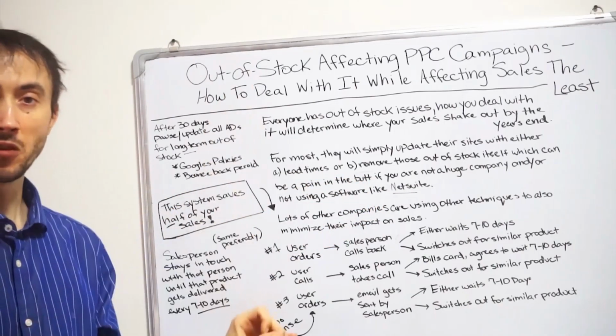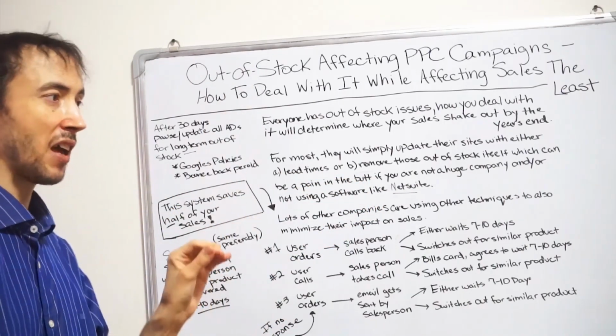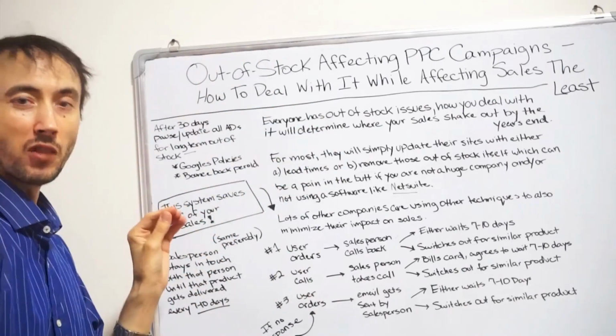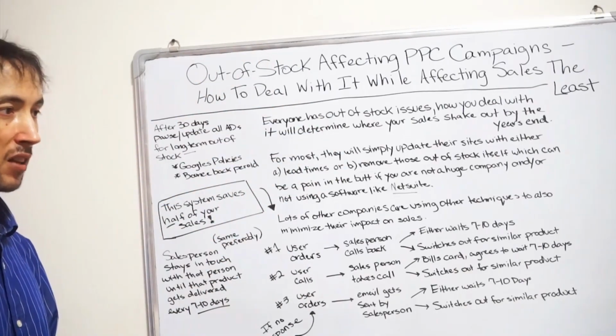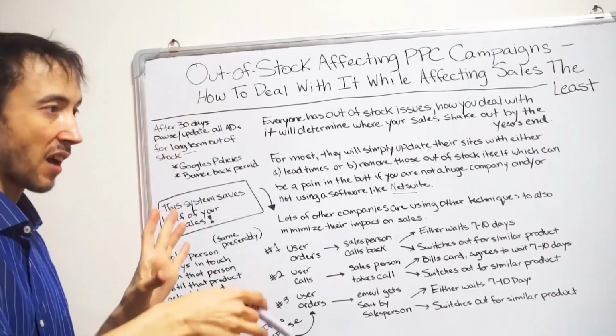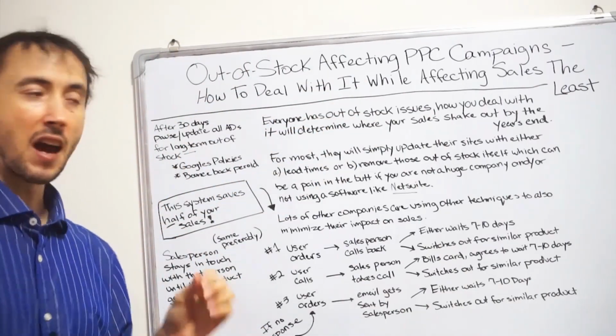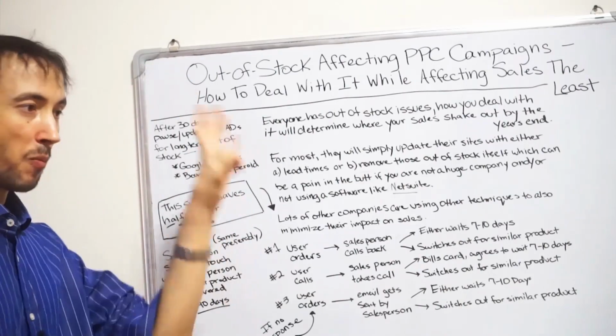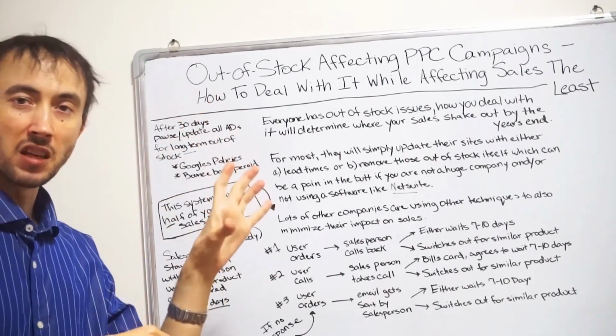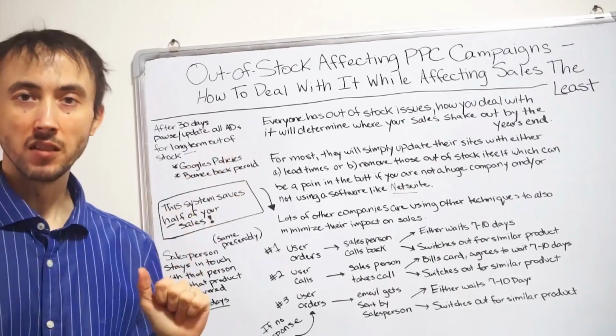That way, next month when you come in, that once-a-month time, you filter by those labels. Okay, there are all the ones that are paused for out of stock. Which ones are in stock? Okay, unpause, unpause, unpause, unpause. And then of course you have new products that are out of stock. Oh, there's a new one out of stock that's not already here. I'm going to pause this one.